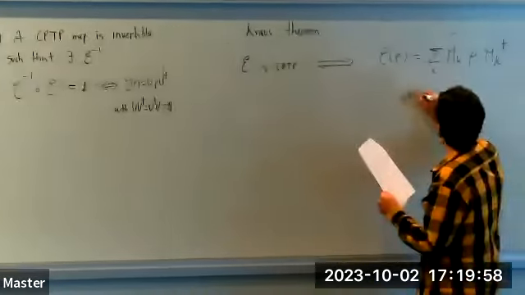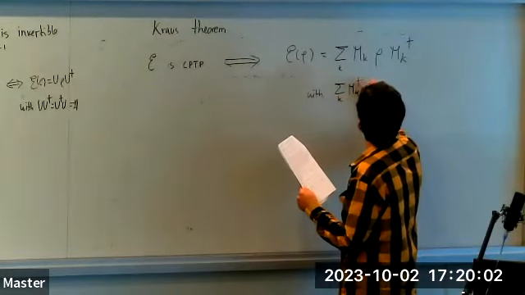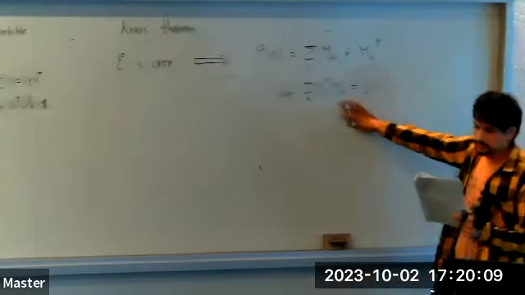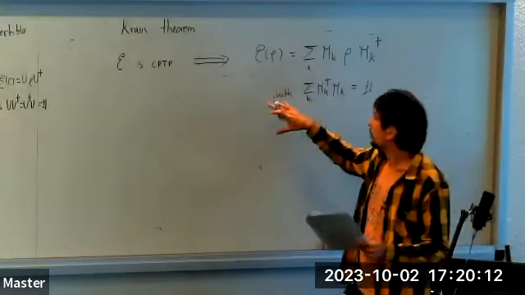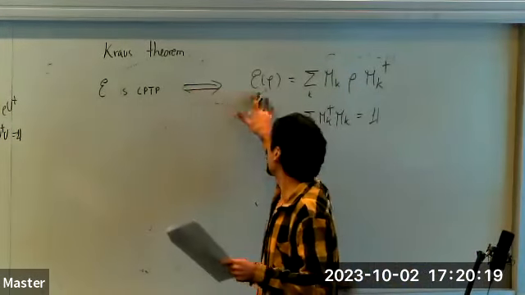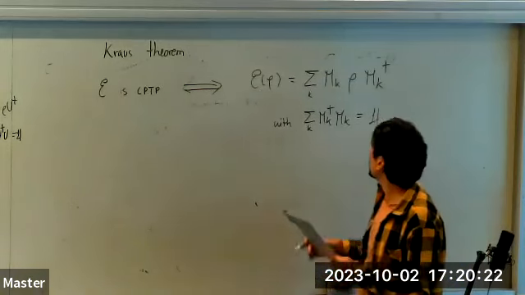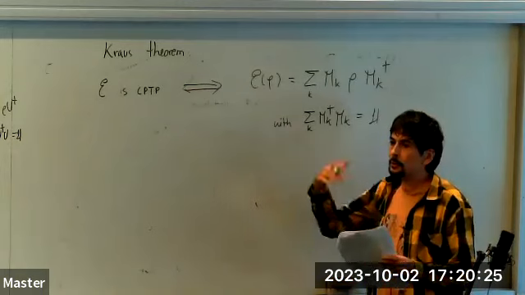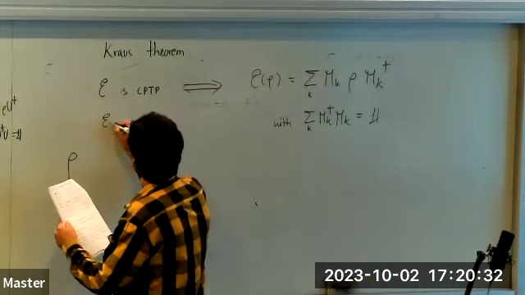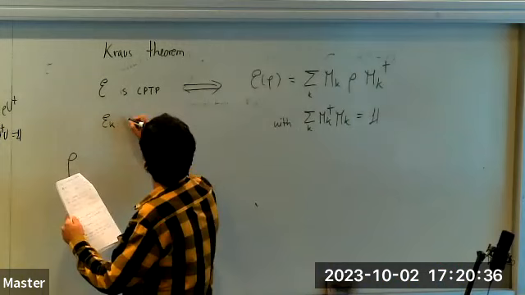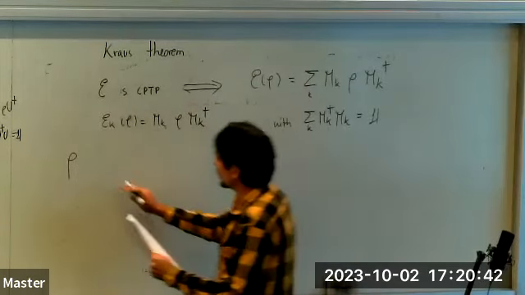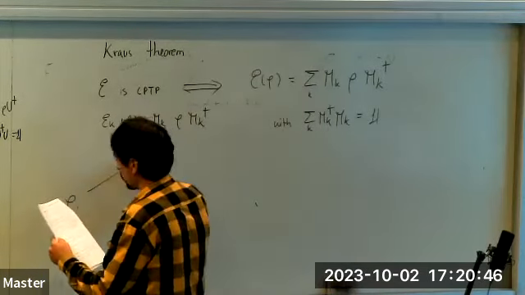Okay, with the operators verifying the property we have seen before for the measurements. So essentially what this theorem tells us is that we can interpret any CPTP map, so every general evolution on a quantum system, just as a set of random operations. So we have some initial state rho, we will have some operations, such that my initial state with some probability will go to